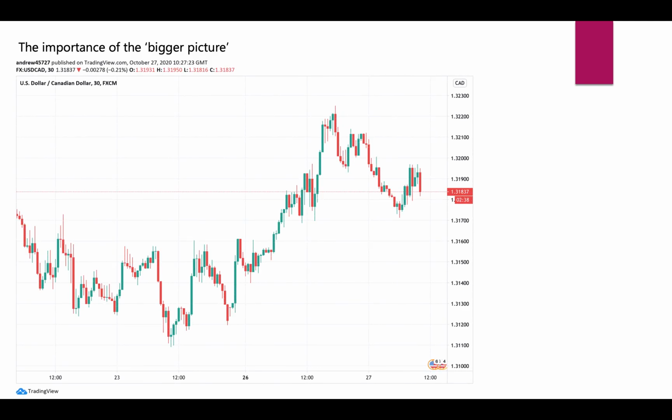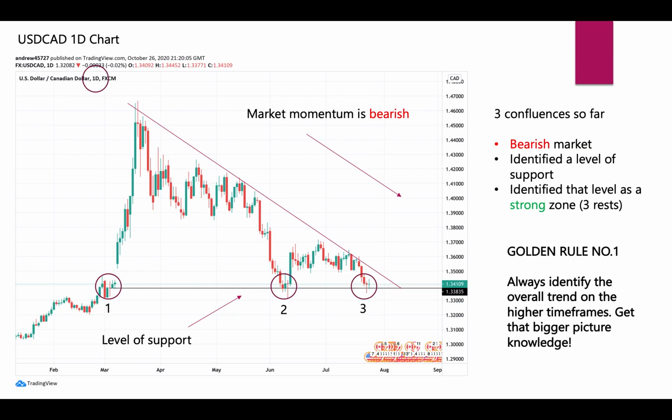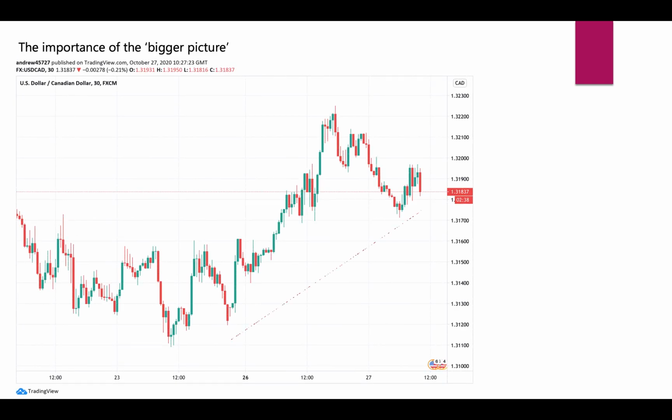So this is the exact same chart, but on the 30-minute time frame. As you can see up here, it's on the 30-minute. So what is this market telling us? Market momentum is what, guys? It's saying it's bullish, which is completely different to the message we get from the daily chart, which is bearish. So this is why you've got to be careful,